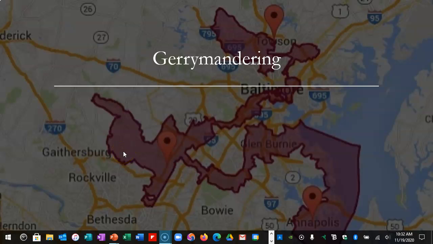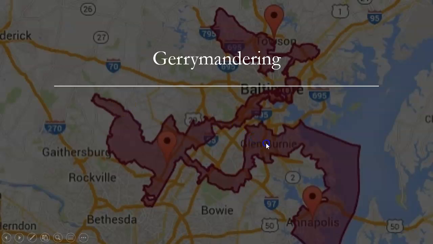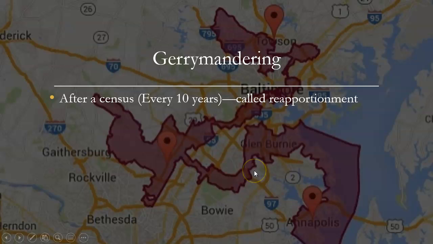Okay. As we go through this, it's going to seem like this is a shady practice. Both parties do it. It is kind of shady, but it's perfectly legal. Okay, so gerrymandering. After a census, there's something that's called reapportionment. Okay, we're going to do this next year in the country because we took the census in 2020. So every 10 years we take a census, count how many people are in the United States, and then they